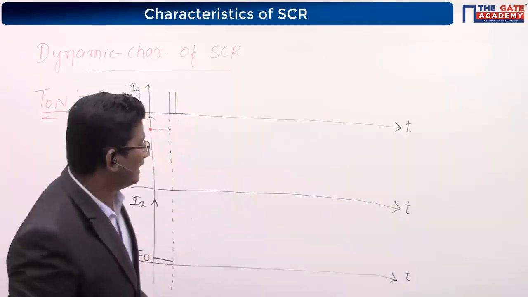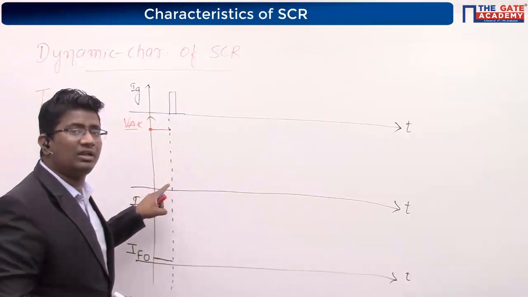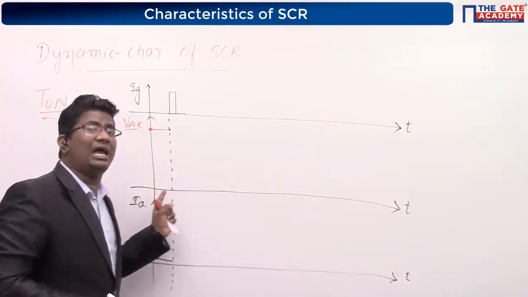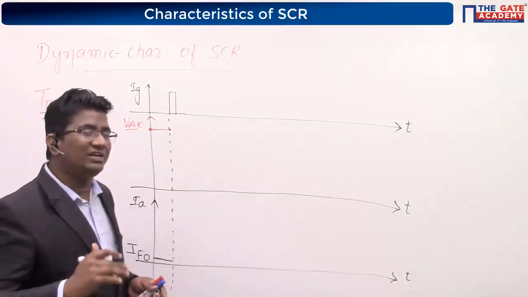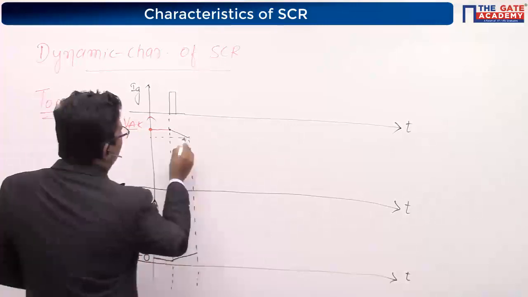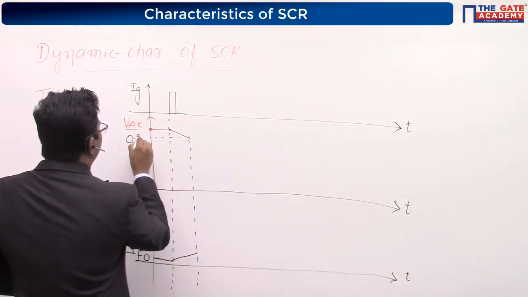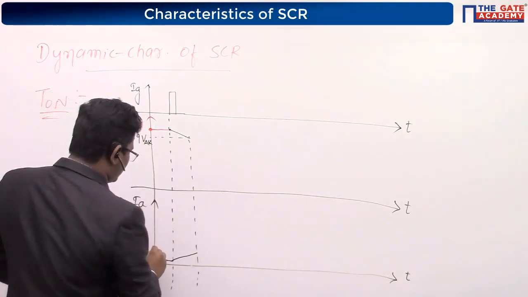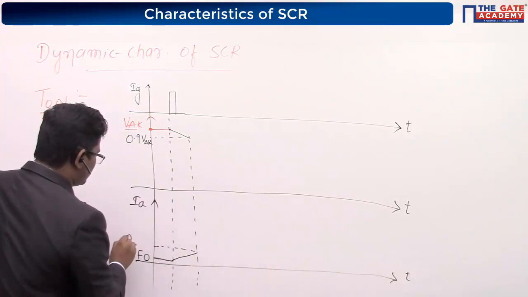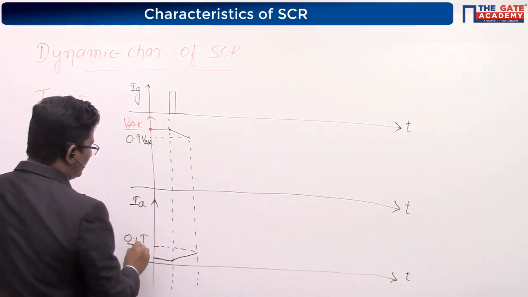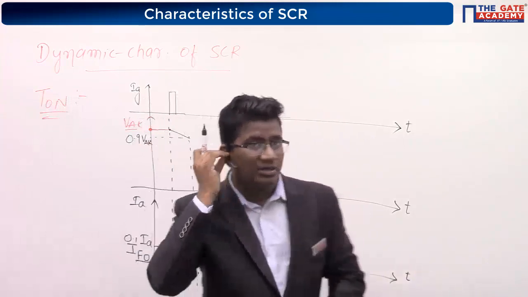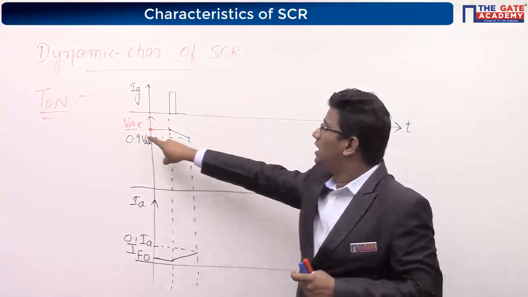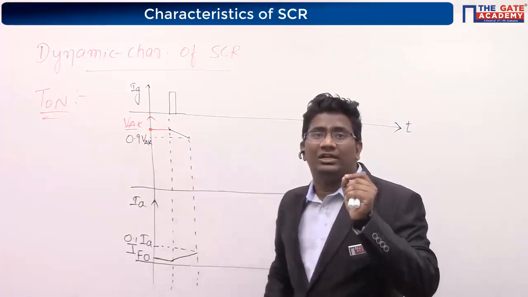Due to that reason, it cannot come to its forward blocking voltage or forward voltage drop immediately, and forward current such as high anode current is not possible immediately. So it will take some time. We are going to analyze those times. This is 0.9 VAK. This is 0.1 IA. See here, once I give a gate pulse, your anode to cathode voltage is